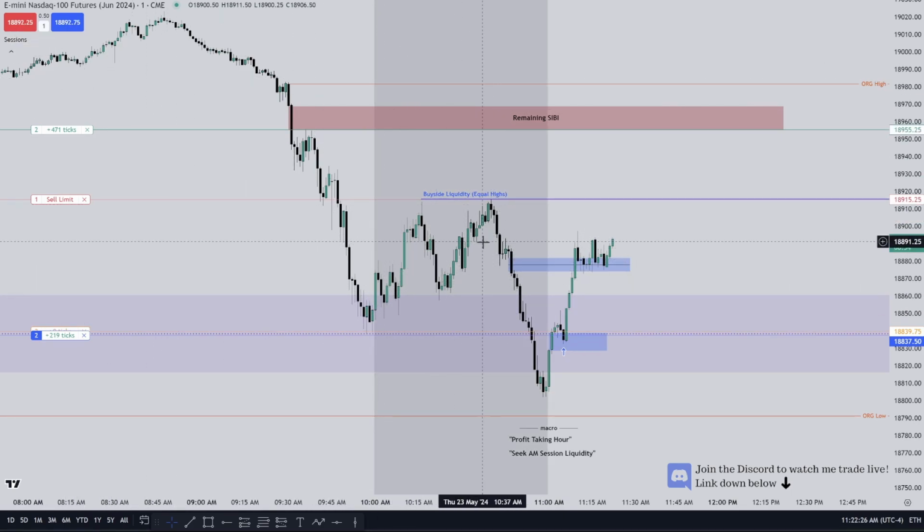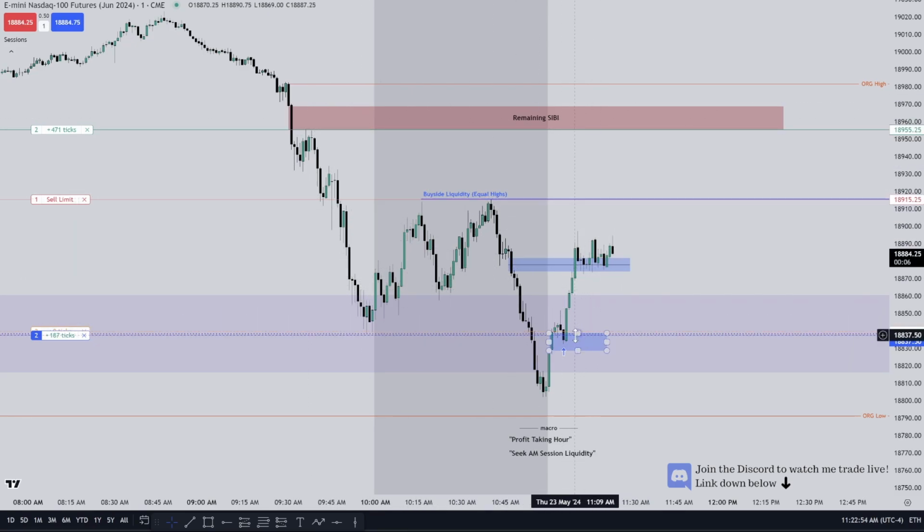Nothing really clean or high probability that I trusted, especially going short. Did not trust going short at all. Pretty much just consolidation. Then we had the sell off that I was not interested in. Fair value gap here to go short. We did have high impact news at 9:45. Fair value gap here, short, take it to the new day opening gap. But all of this occurred before the time window that I like to trade, so I wasn't a part of any of this price action right here.